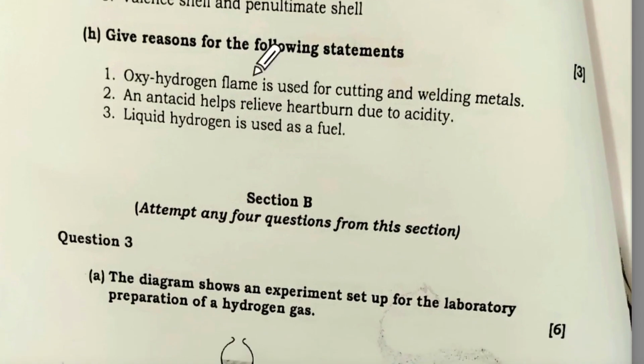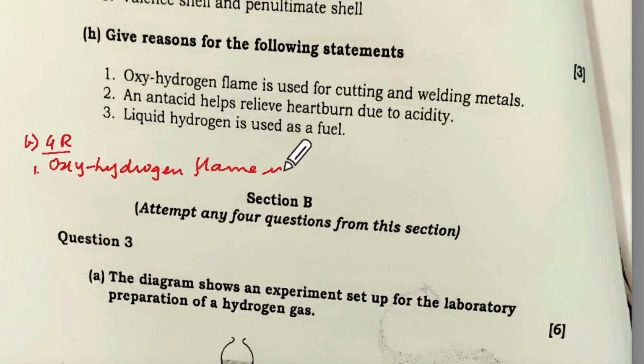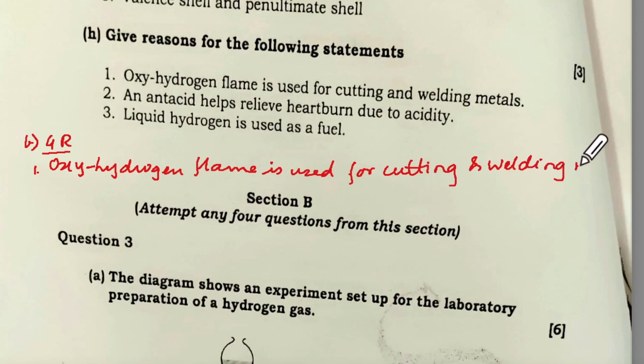Okay, so we come to now B, give reasons. What is this? Oxy-hydrogen flame is used for cutting and welding. Now since we don't have the question, we will write: oxy-hydrogen flame is used for cutting and welding metals